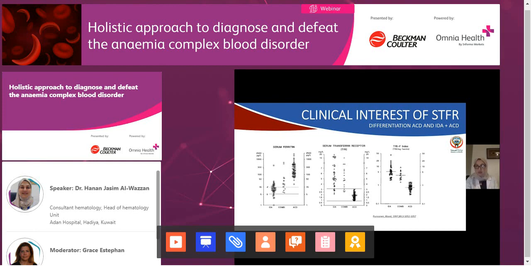So we determine serum transferrin receptors, which is not affected by inflammation,